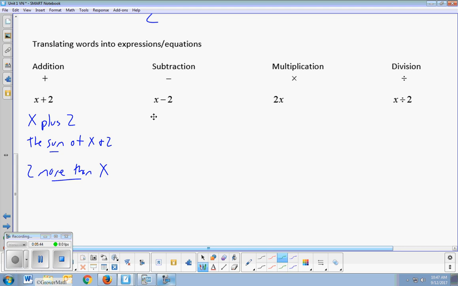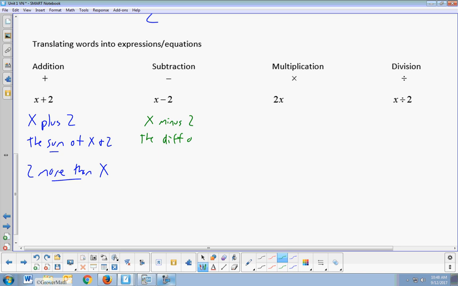How about subtraction? Well, you could read this as x minus 2, which is how most people would say that. Let me write that again. X minus 2. Or instead of the sum of, the difference of x and 2. You could see x subtracted by 2, but kind of like x added by 2, you don't see that. But there is one like more than, and it would be 2 less than